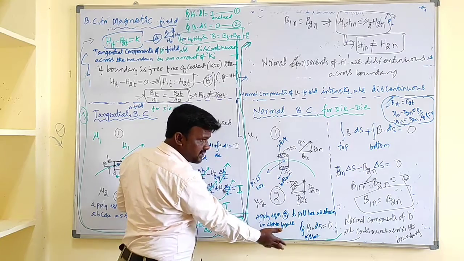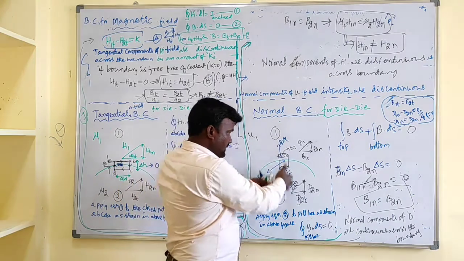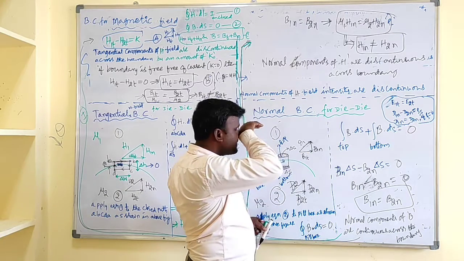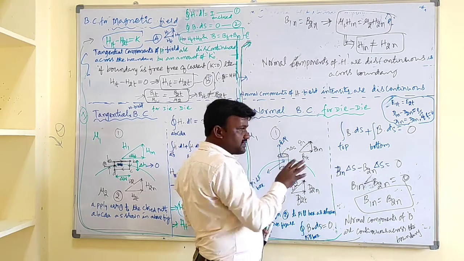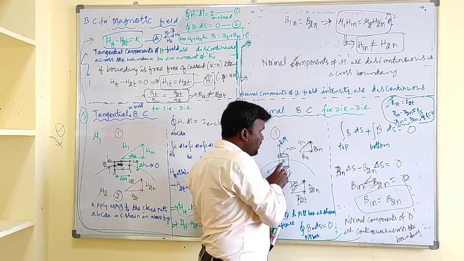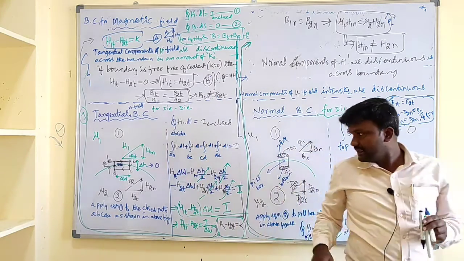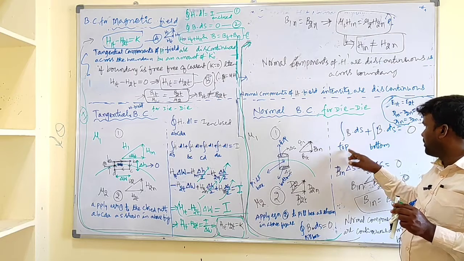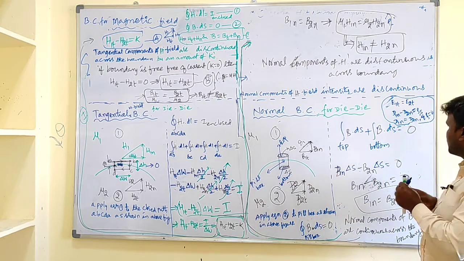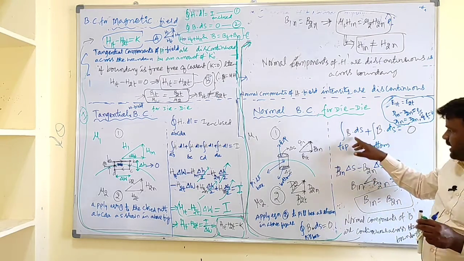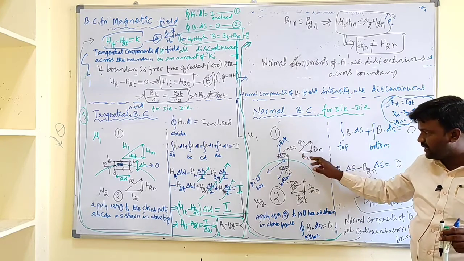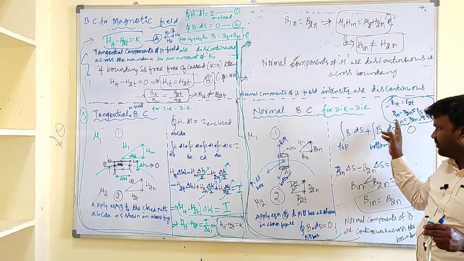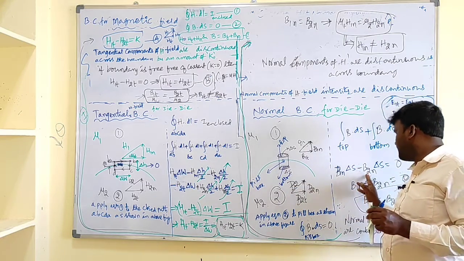Now let us apply equation 2 for this field box. Due to the side surfaces the contribution becomes 0, that is the integral of B dot ds, but there exists some non-zero quantity for the top and bottom. So we take the closed surface integral as an open surface integral of B dot ds for the top and for the bottom, and it is equal to 0. For the top, in the first medium, the field component is B1n, so that is B1n delta s, and for the bottom we have the field component B2n.